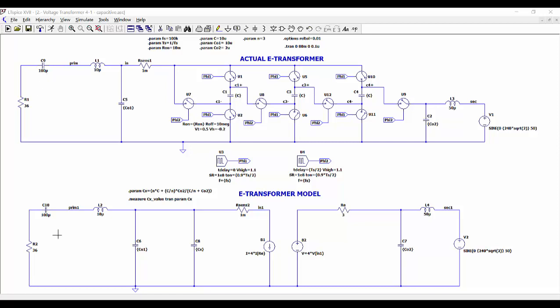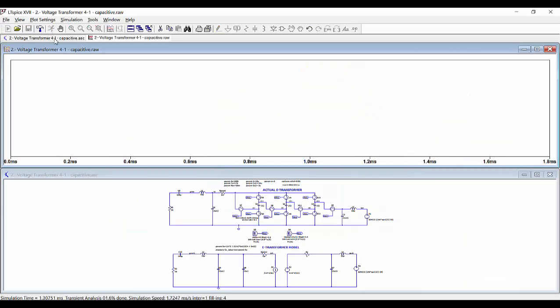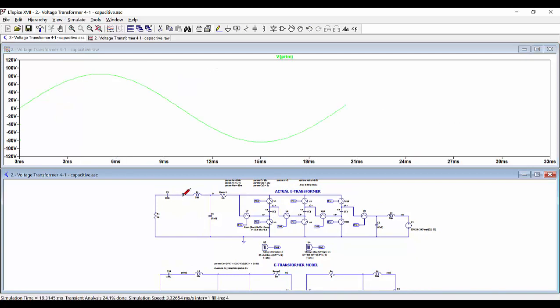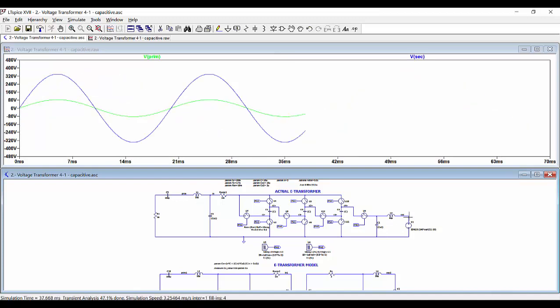Same situation for our equivalent circuit. So let's run the simulation, and then we can see the voltage at the primary now, which is our output voltage now, the voltage at the input, which is this one now in blue,